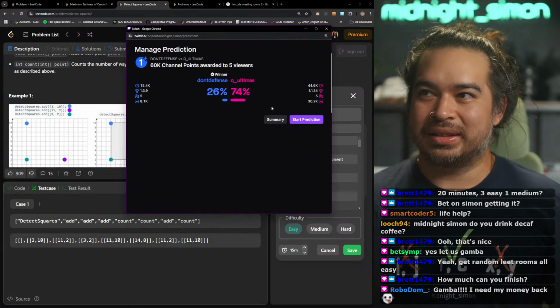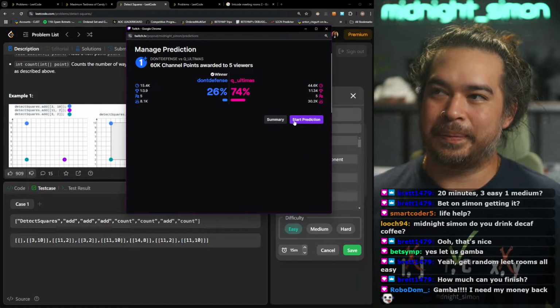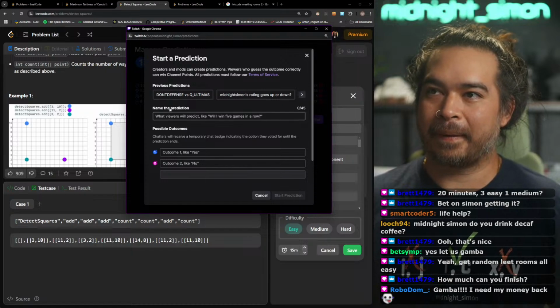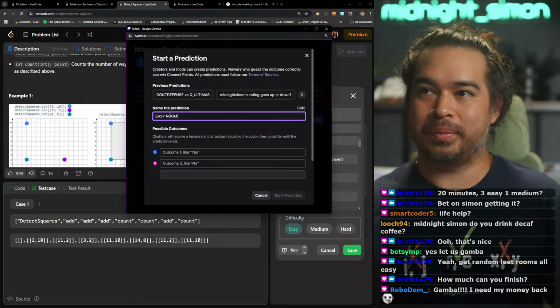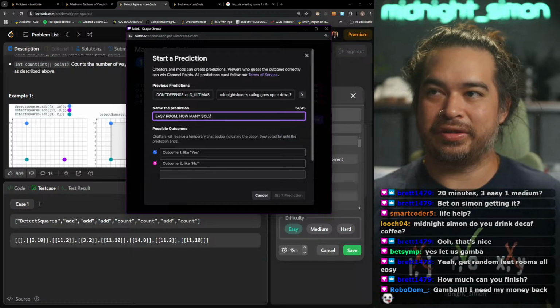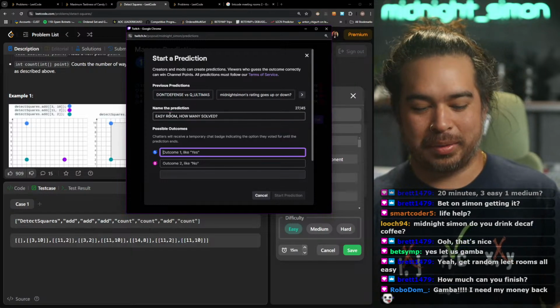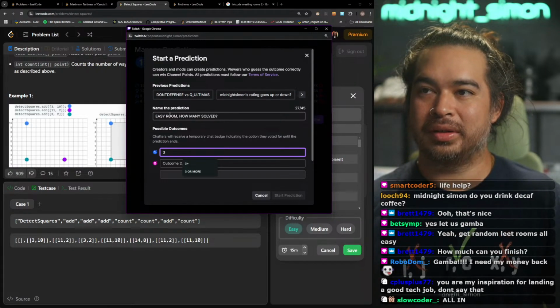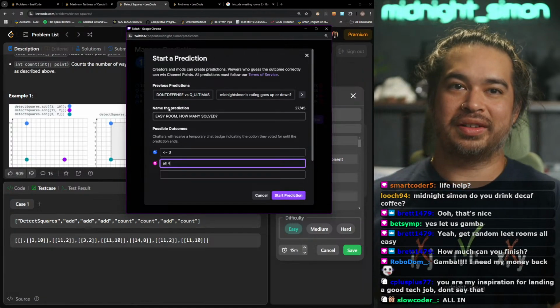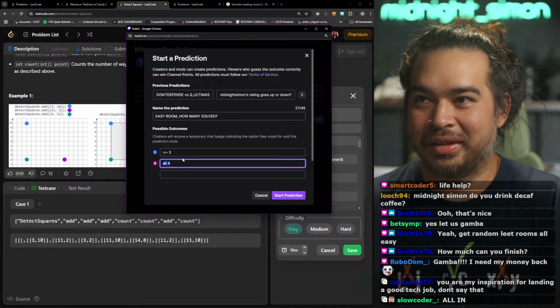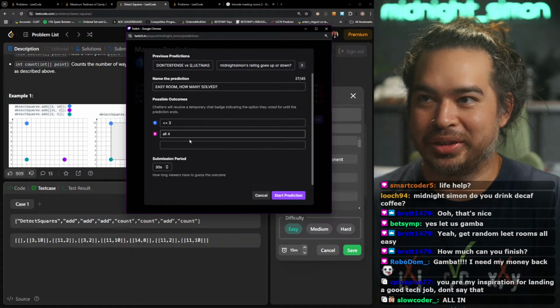And then the bet is going to be: easy room, how many solved? Is it going to be 3, less than 3, or all 4? That's what we're going to bet on.